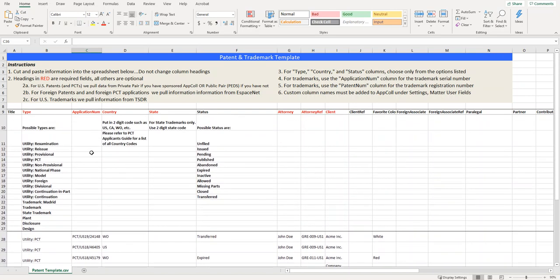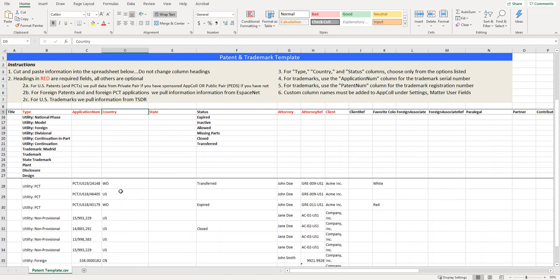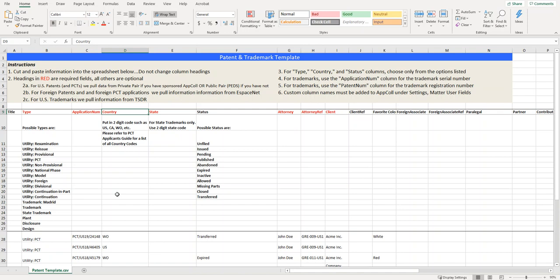Next thing we need is country. And the country needs to be the exact syntax of what WIPO uses if you're filing a PCT case. You can use either the full name, United States, for example, or you can use the two-digit code that would be used on, for example, a PCT case, the WIPO codes. And you can just Google WIPO country codes to get a full list of those, and then you can use those examples as well. If you have a state trademark, we need the two-digit state in here, which is kind of rare to use those, but